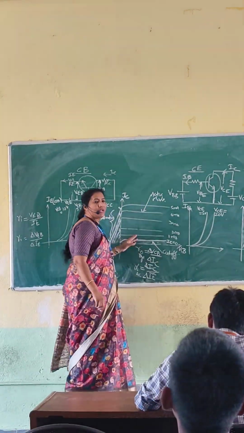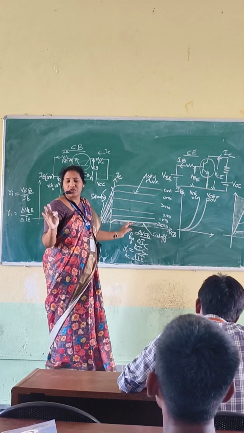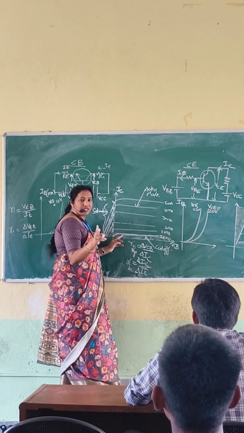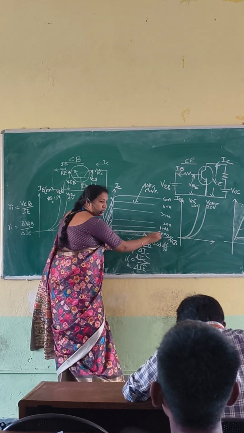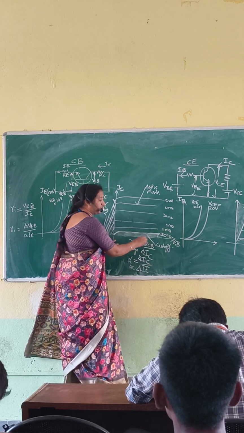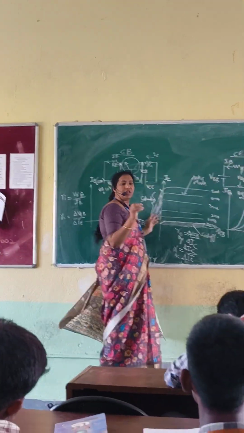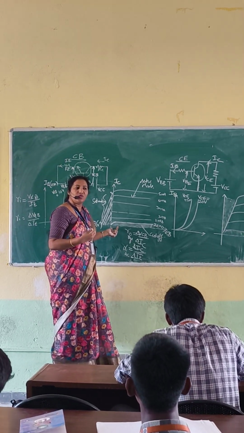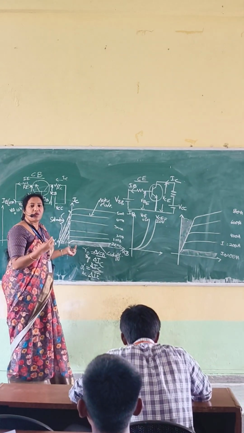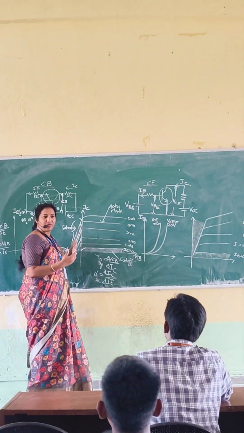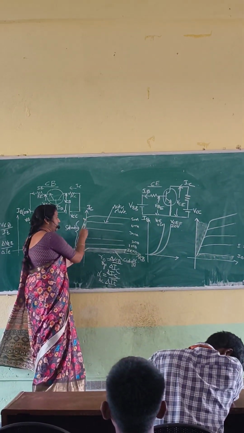So in the output characteristics graph, there are three modes of operation we can see. When we give both the junctions reverse bias, no current flows, and this dark portion is the cut-off region. When both are forward biased, even if your input voltage is very low, negative also, since the output junction is also forward biased, you are getting some current. Okay? So this current portion is below